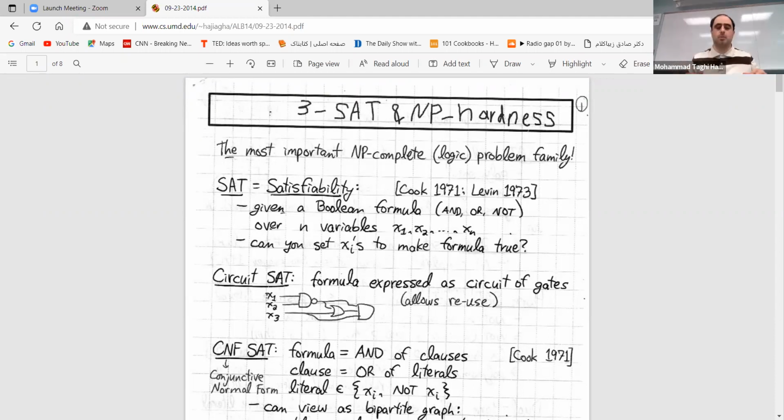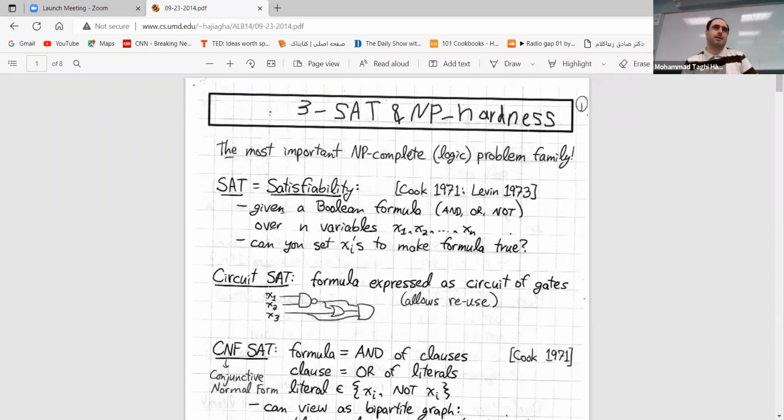Hamiltonian cycle is the problem of whether there exists a cycle that goes through all vertices of the graph only one time. This problem is also a famous NP-hard problem. You can get a reduction to this one from satisfiability, hardness of satisfiability, or I will say three-sat. However, the proof is non-trivial. So if some problem is more similar to this type of cycle, you may want to use the Hamiltonian